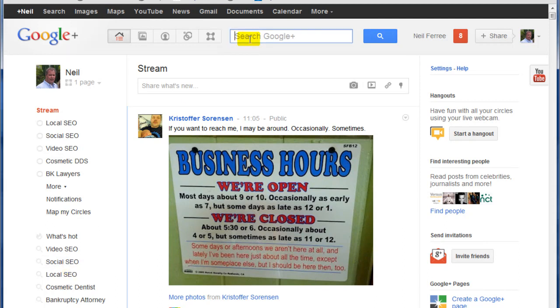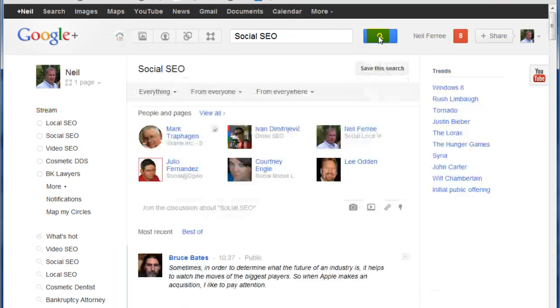So here's the drill. You enter in the keyword phrase, and then you hit the search return bar. And you notice you get this save search here. So if you hit that, it'll post it up over here so you don't have to type it in again and again. The first thing you want to do is add each one of these individuals to your circle,